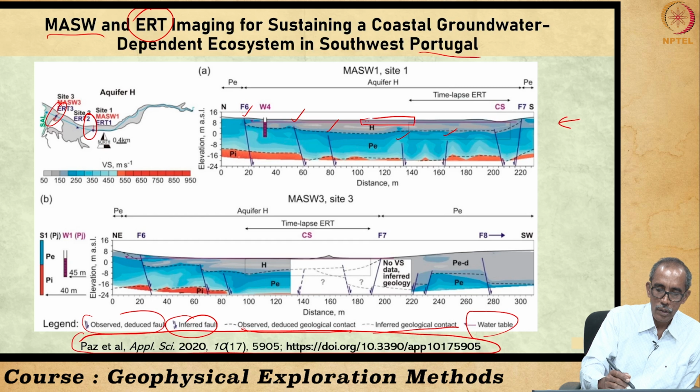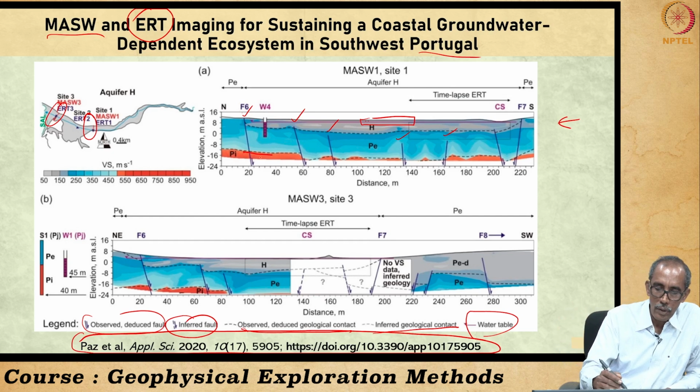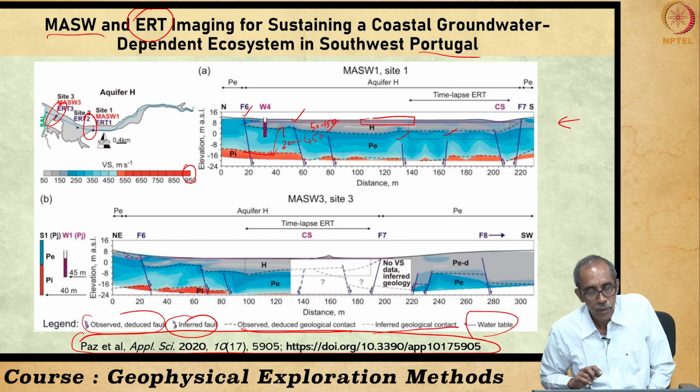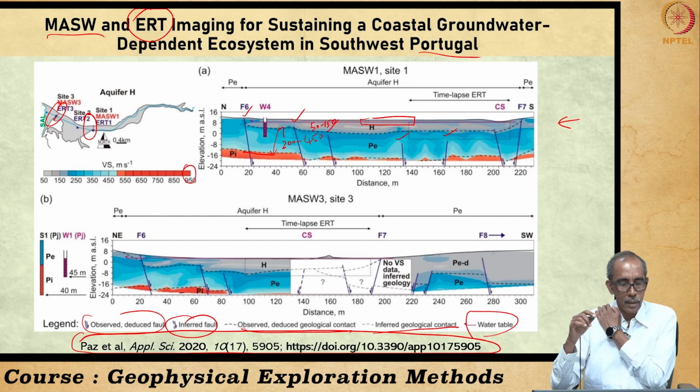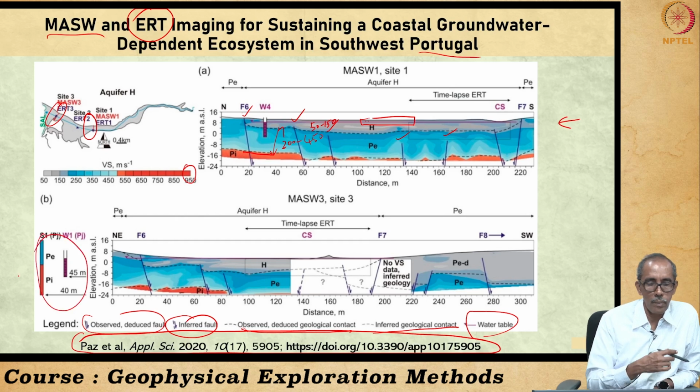From the velocity distribution we could decipher three different rocks. The rocks beneath this is very kind of massive rock with the velocity nearly 1000. Then the next zone colored in blue where the velocity varied between 200 to 450. The top zone, the velocity is about 50 to 150. So, this is how we could differentiate three major rock types, right, and their depth were also estimated by them.